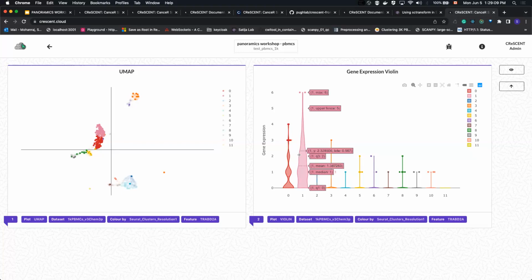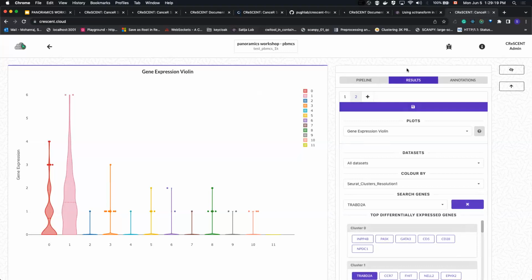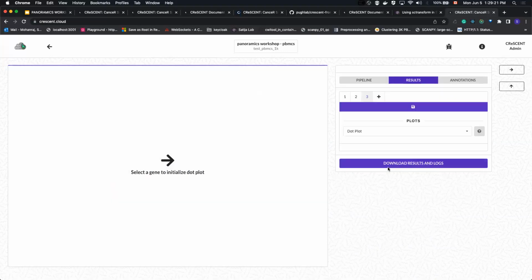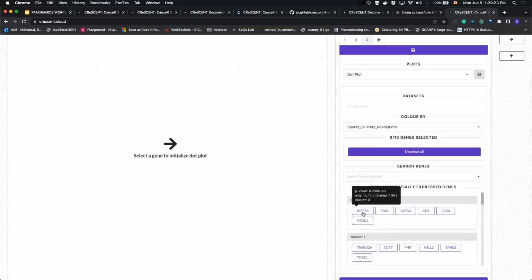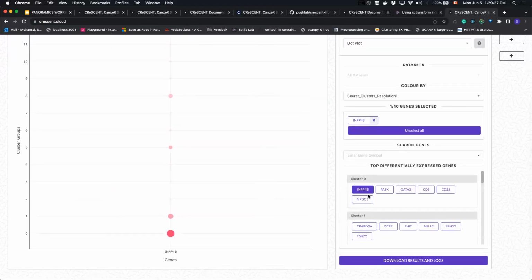When you're looking at a cluster like this with all the colors, it might be hard to read. So you might want to separate it out into the gene expression violin. The last plot here is a dot plot. With the dot plot, similar to the gene expression violin, you need to select the